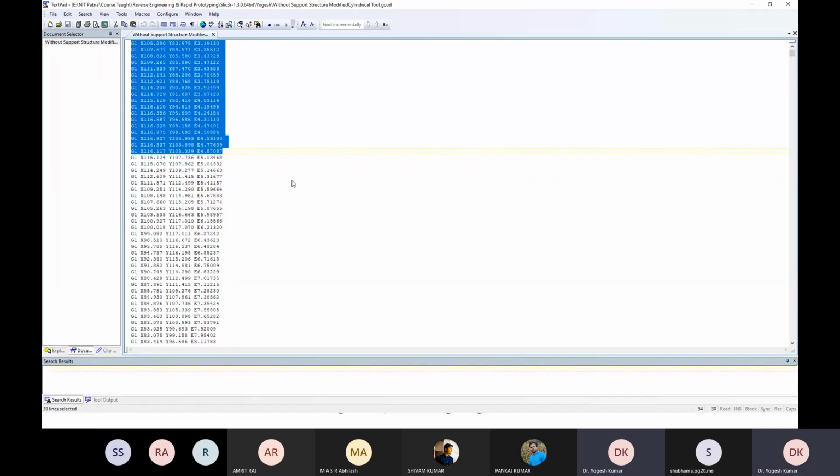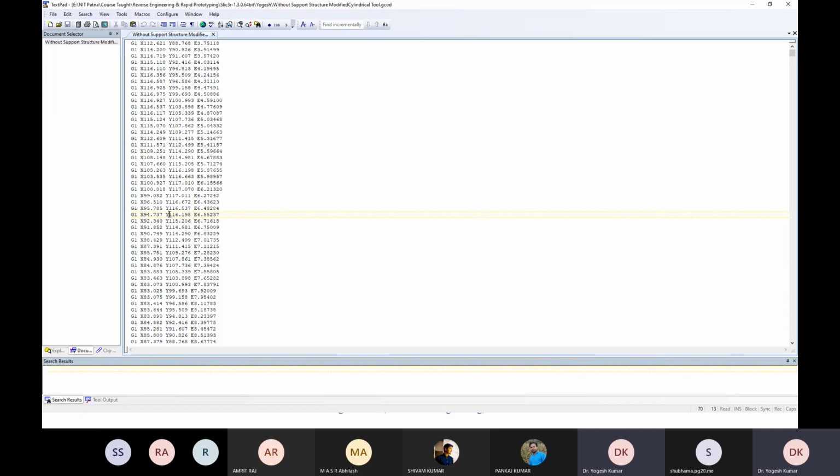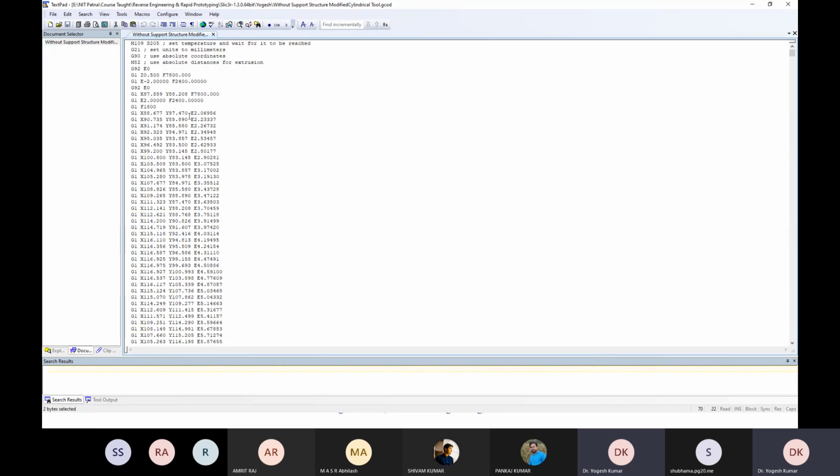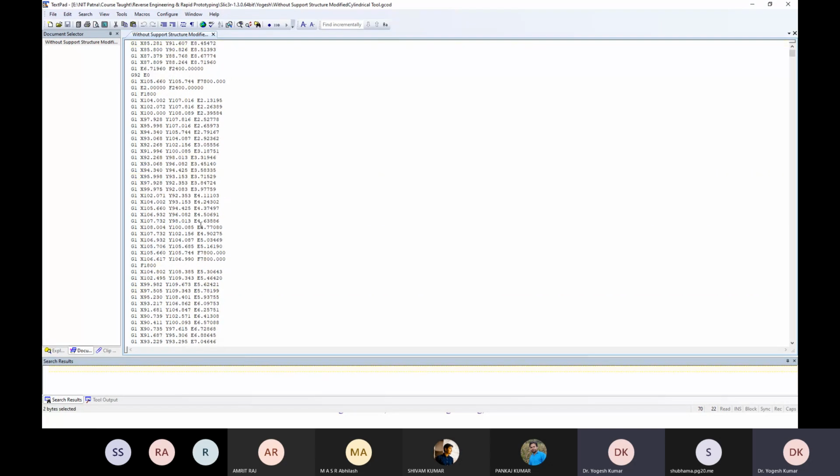In slice data also, this is the 3D representation of the data in the form of G code, M code, X, Y coordinates. This is E2, E3, E4, representing some data corresponding to each layer.